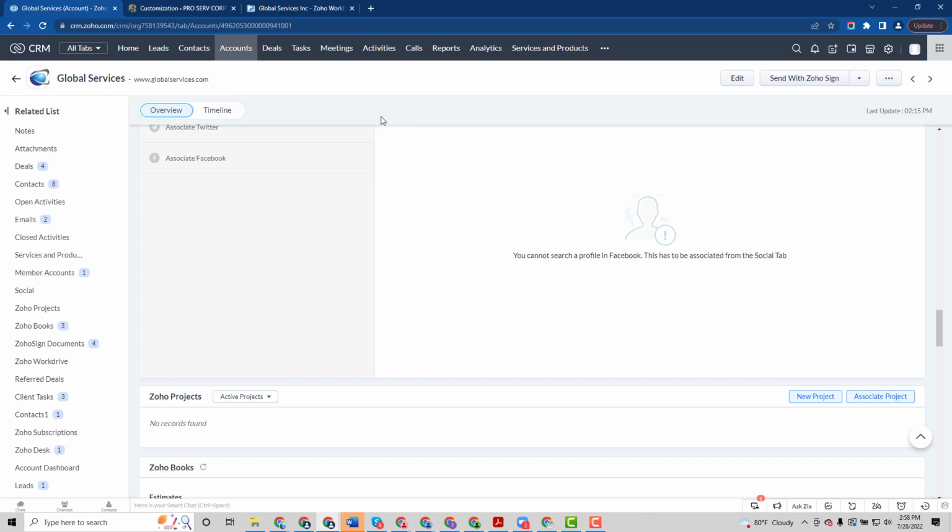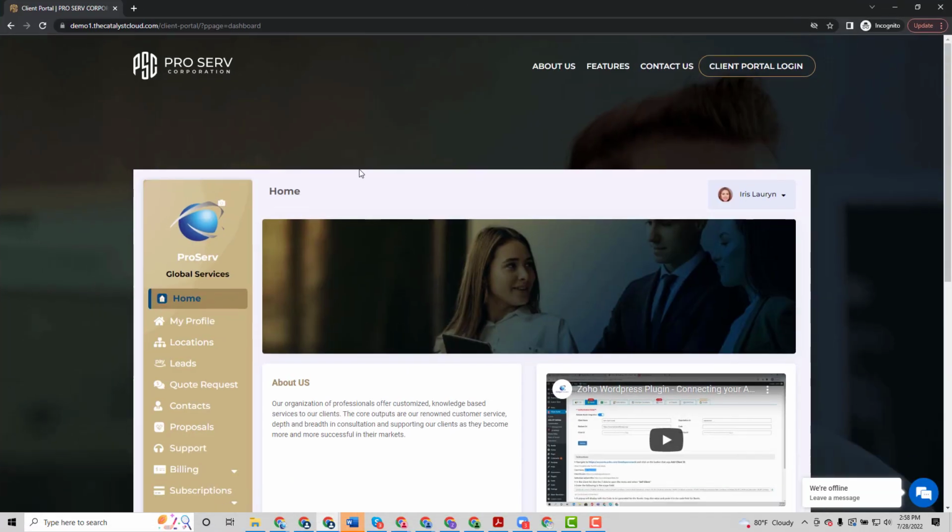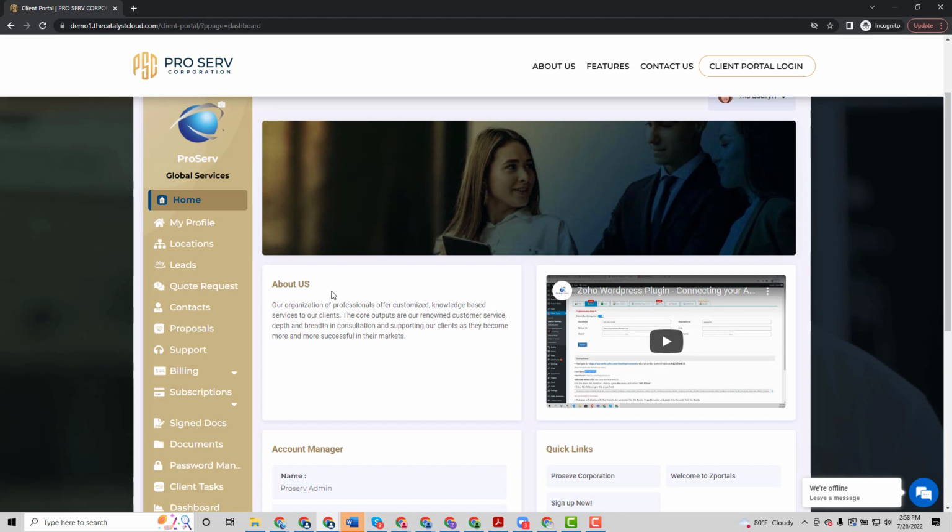So when we deploy a client portal through Zportals, I'm going to go ahead and log into one now. We have this home dashboard, and we can actually integrate the Zoho WorkDrive folder directly into the portal. So here, Iris, who is a contact belonging to Global Services, that example that I was on, she can go